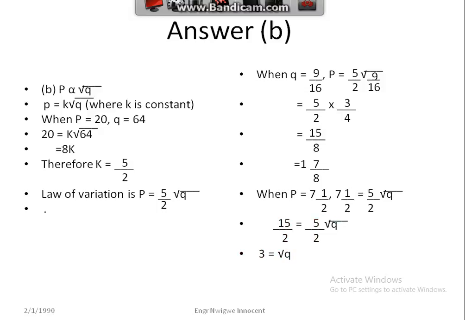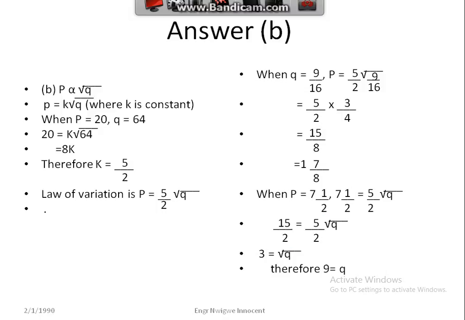If you cross multiply, we now have 3 equal to square root of Q. Therefore, when the square root crosses the equal sign, it becomes square of 3, which is 9, equal to